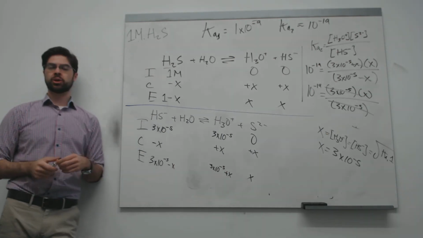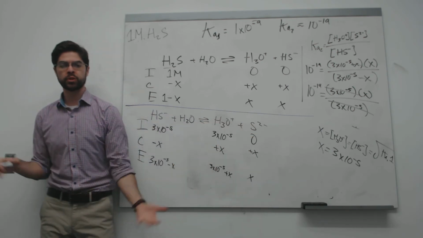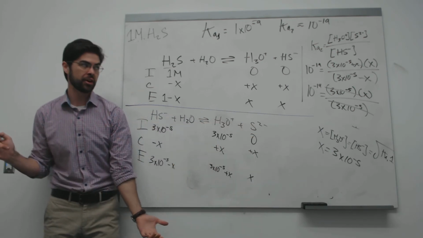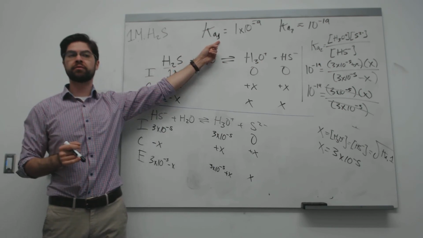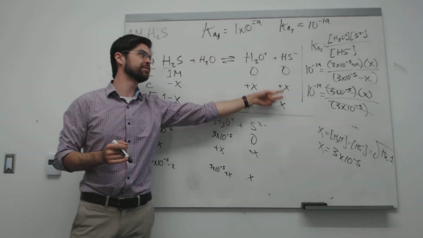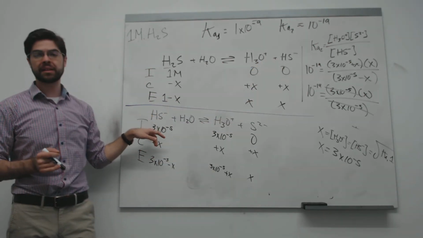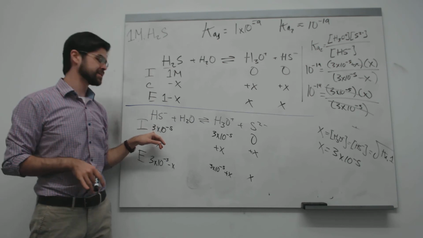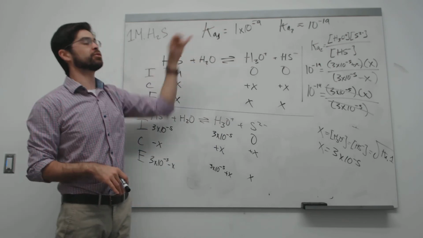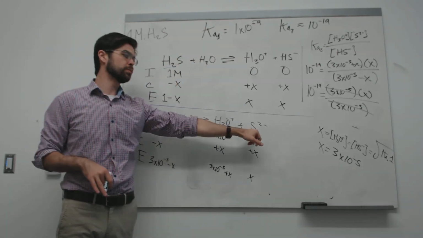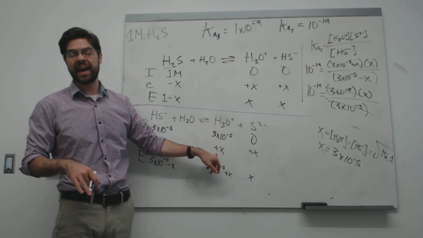So point being here, I think I showed this with a picture, is that for the doubly deprotonated one, we don't expect there to be many of those. That first proton, this is a weak acid, that first proton doesn't come off very easily, so I don't produce much of the singly deprotonated species. And then not only is that singly deprotonated species low in concentration, it's even less likely to donate its proton than the first one was. So you don't produce much S2 minus, and as a result,